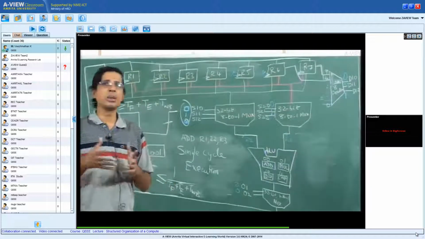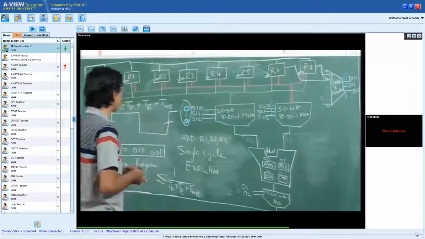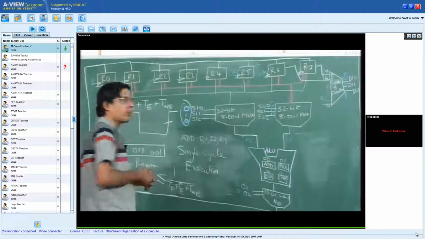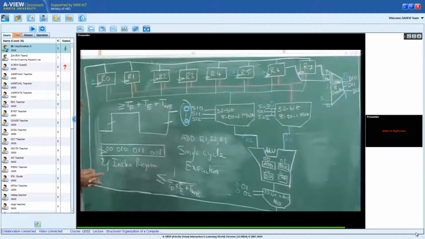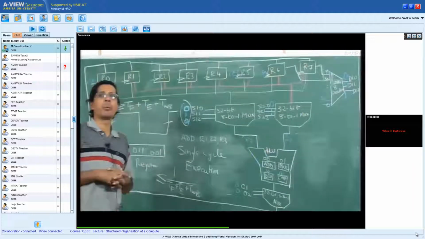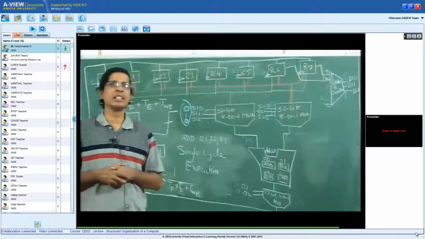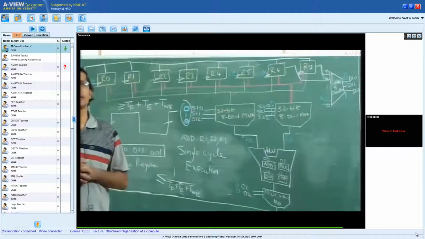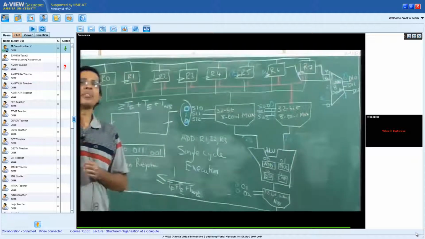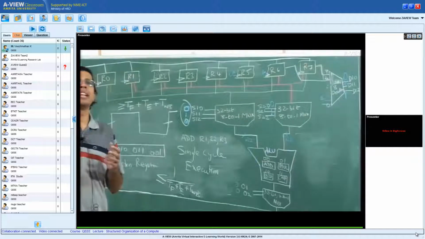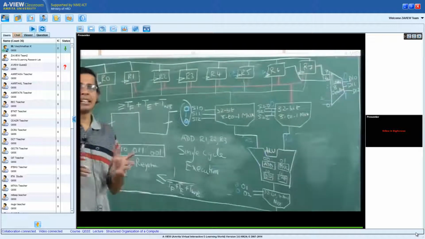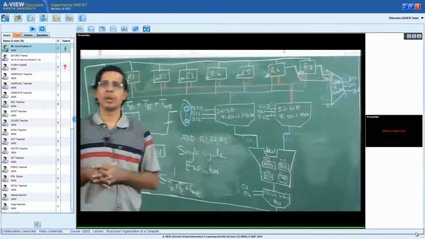We also distinguished between a programmed microarchitecture and a hardwired microarchitecture, and we noted a very important point: in this 5 stage execution of an instruction, if it is a single cycle execution, then when one of the stages is executing, the remaining 4 stages are idle, in the sense they don't do any sensible work.